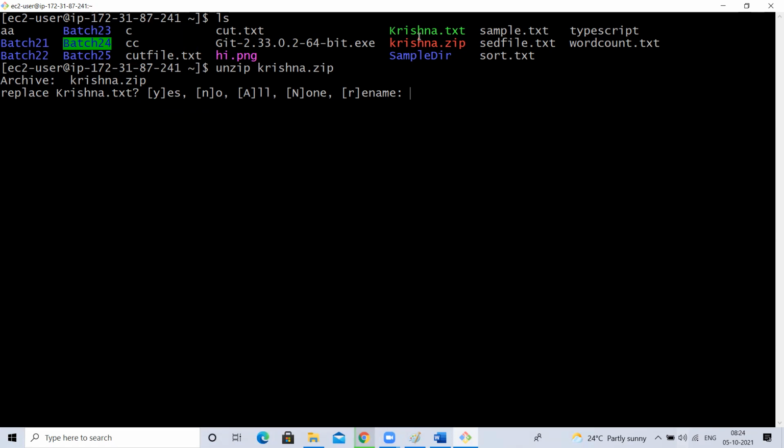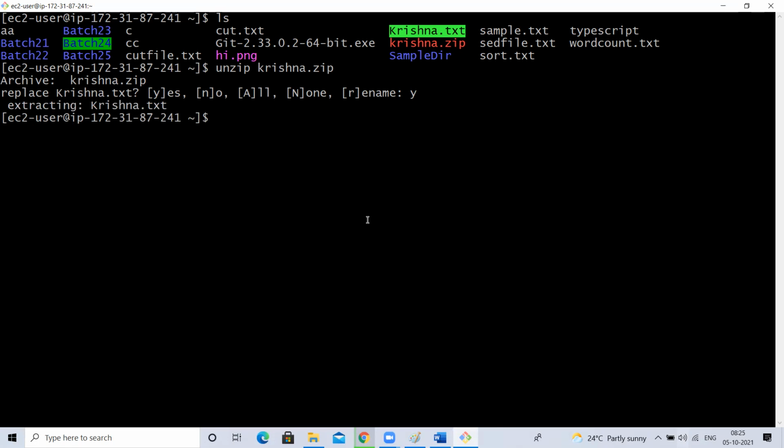Already there is a file with the name Krishna.txt. Inside Krishna.zip, there is a file Krishna.txt which is compressed. I gave the zip file the name Krishna.zip, but internally it has Krishna.txt in compressed format. So when I try to unzip it, it says Krishna.txt is already there. I'm trying to unzip the file Krishna.txt inside this Krishna.zip, so it asks whether I need to override it. Replace: yes, no, or rename. It has extracted and overwritten this file. If you don't have this Krishna.txt, what will it do?